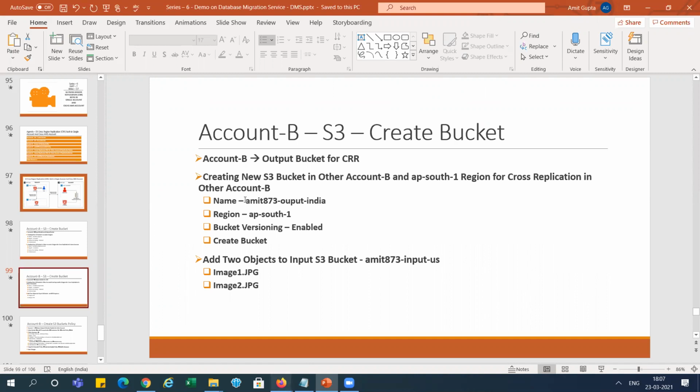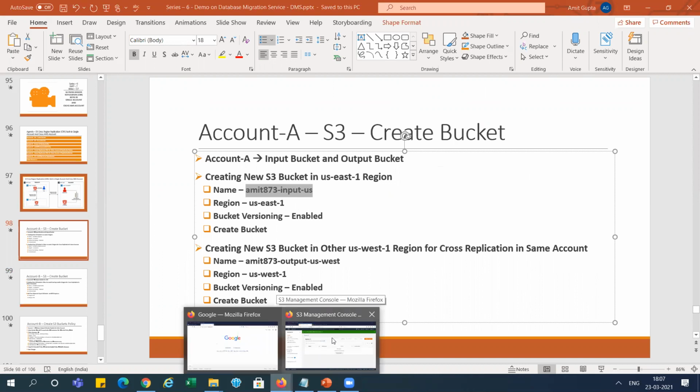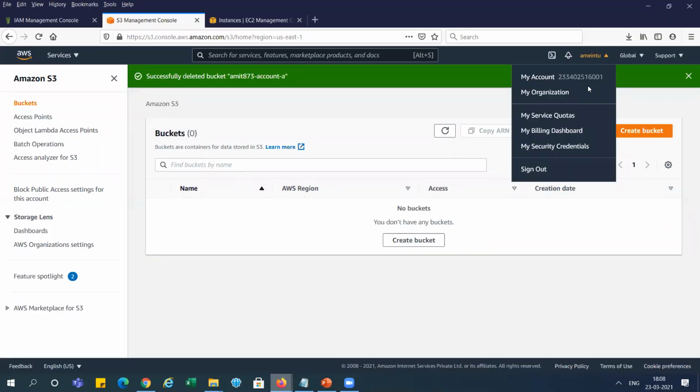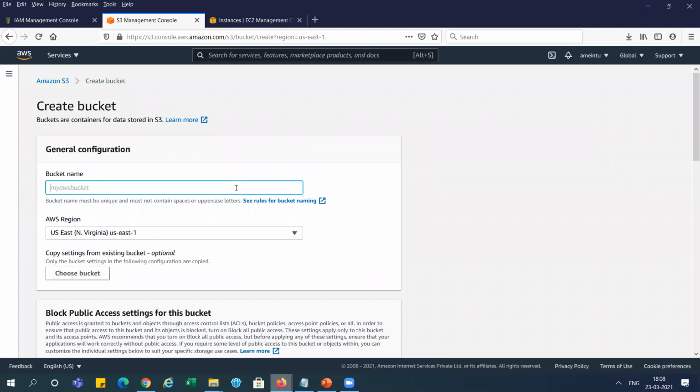The bucket name is Amit873 input US, because this is account A's input. This one, 6001, is account A, so I will create the bucket in account A.